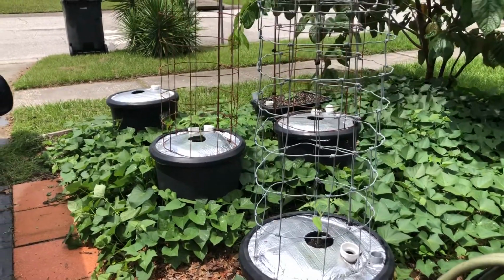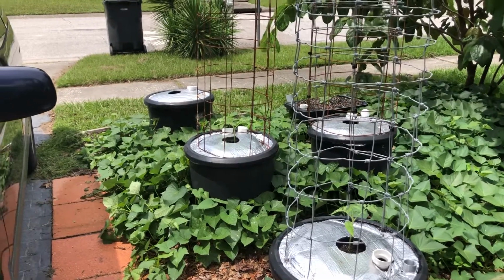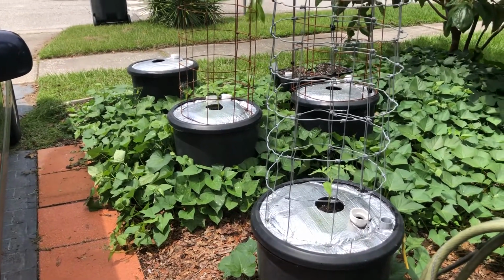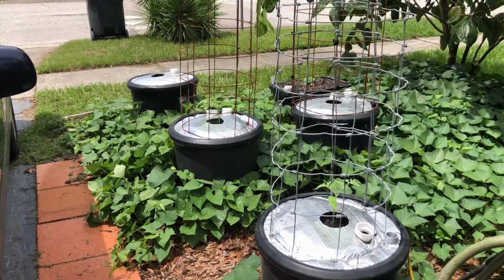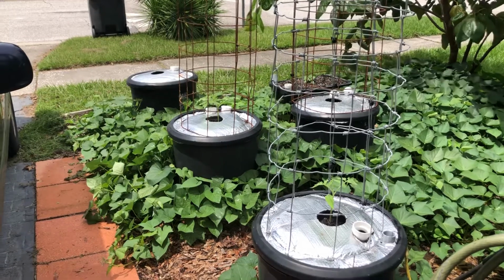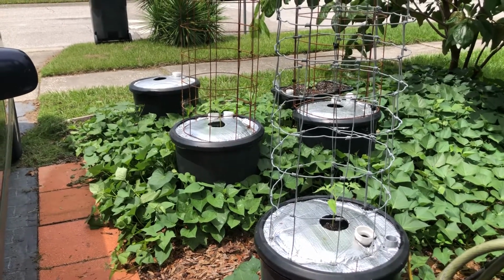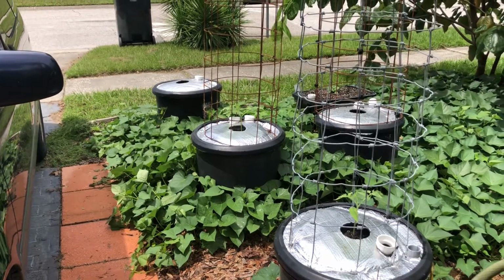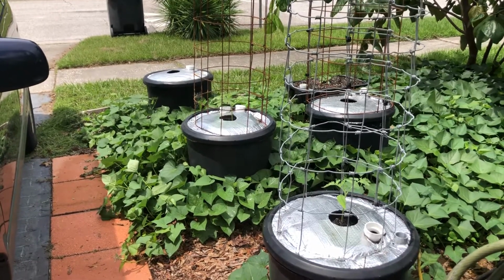In Florida, it is now Central Florida. I live in Riverview, Zone 9B. It is September the 6th. So for all intents and purposes, it's summer still. We are still fully in a summer weather pattern right now. The only fall environmental condition we're getting right now is shorter day lengths. So the day lengths are getting shorter very quickly,